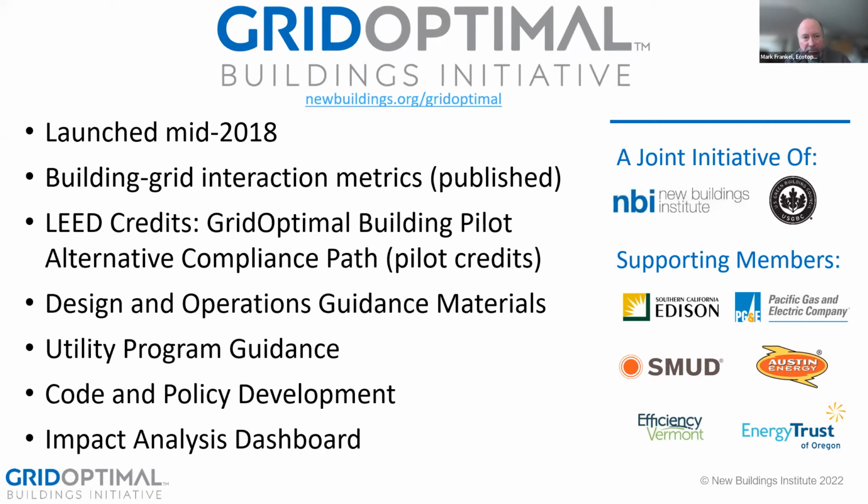The purpose of the Grid Optimal initiative is to start thinking about how we incorporate grid integration into the building sector. So we started with a bunch of metrics to think about, how are we going to measure what grid integration looks like, and can we give the design community something they can use to decide the performance of their buildings in this context. We were working right from the get-go with the USGBC, and this program got incorporated into the LEED program. As pilot credits, it's worth 2 or 3 points as you address it. And there's specific guidelines for how to address grid integration as part of LEED, which I think is a really great vehicle for